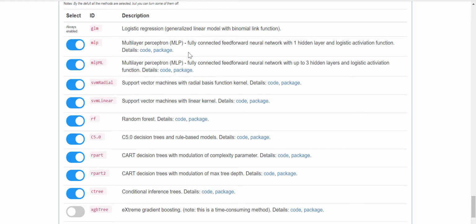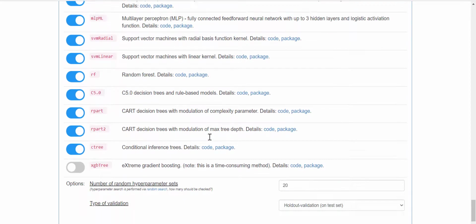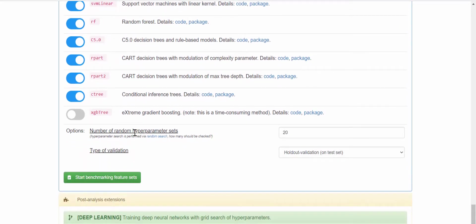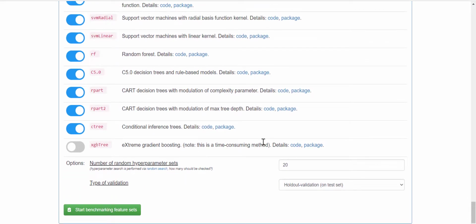There are several methods here, like logistic regression, support vector machines, random forest, decision trees, and so on. In the options, you can also set a number of random hyperparameter sets, because the hyperparameter search here is using a random search. So we should select some good value, like 200 or 2000,